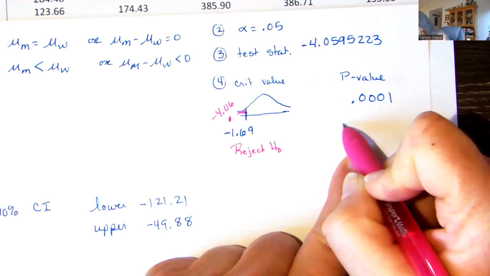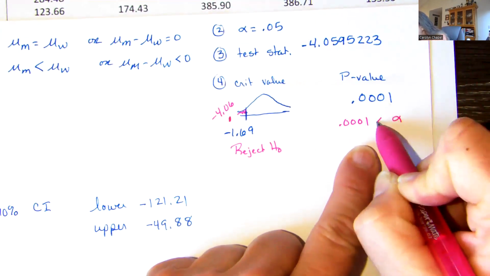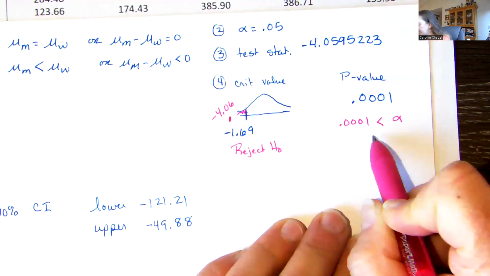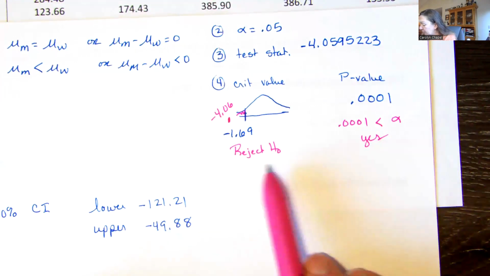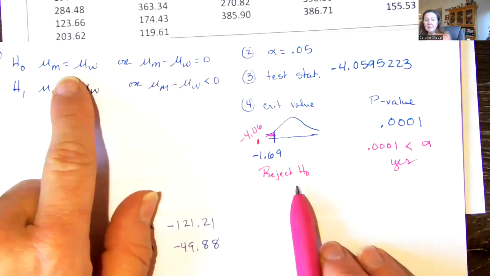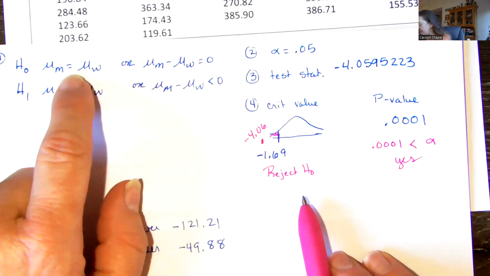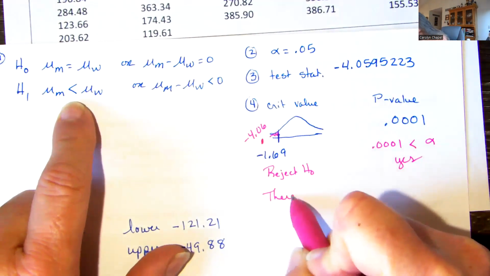Here we would also be comparing our p-value to alpha and see if it's smaller than alpha, which it is. So we would again be rejecting, which means we are not liking that statement. We are leaning towards this, saying that there is enough evidence